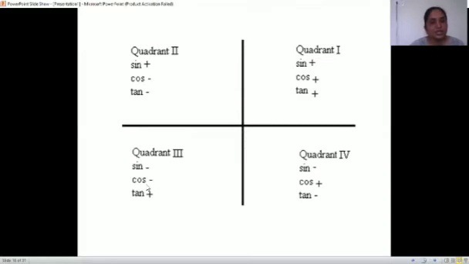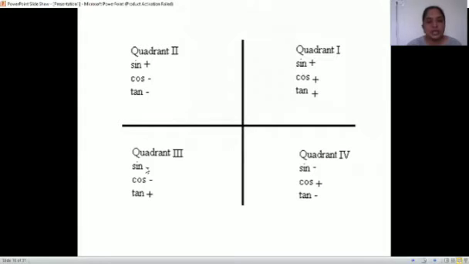Sine and cos are negative in this quadrant. So we are dealing with the sine term, and here the sign is negative in the third quadrant. So sine of pi plus pi by 4 becomes minus sine pi by 4. That pi part we ignore. In this quadrant we just check sine of theta, and sine is negative. So it becomes minus sine pi by 4, and we know sine pi by 4 is 1 by root 2. So its value will be minus 1 by root 2.